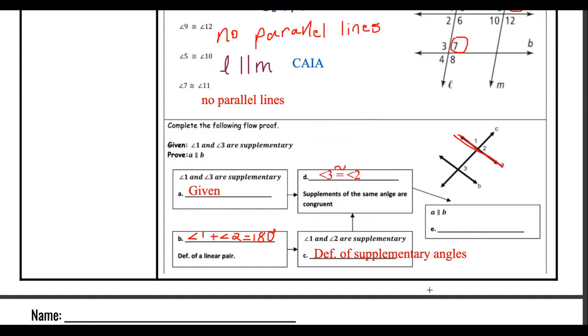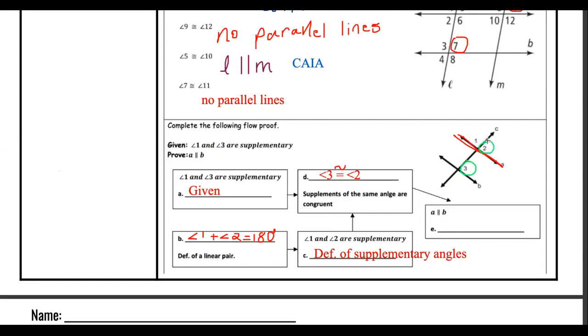Okay, angle 3 is congruent to angle 2. Moving on, this will be the last part of our proof. It says A must be parallel to B, which is what we were trying to prove. But how do we know that? How do we know that they are parallel just because, let's make this stand out, just because 3 is